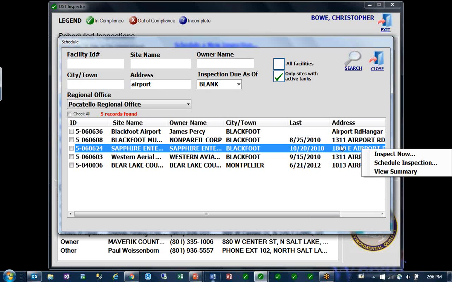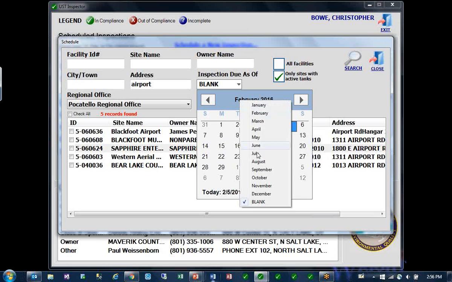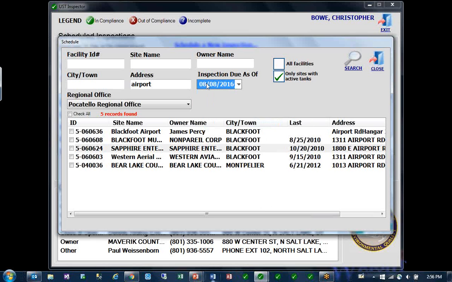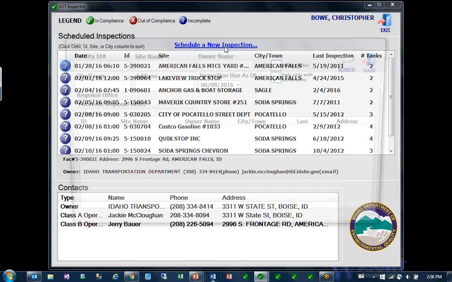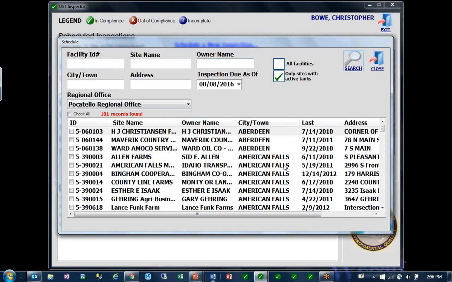You can also specify, for instance, if the end of your 3-year cycle is August 8th, 2016, you can say, show me all the sites in my region that require inspections before the deadline, which is nice because, if there's only a handful of inspections left and you're towards the end of the deadline, they're very easy to find, which ones still need to be inspected. And you can also look up, right now it's only looking up sites where they have tanks that are either in temporary closure or currently active, but you can also